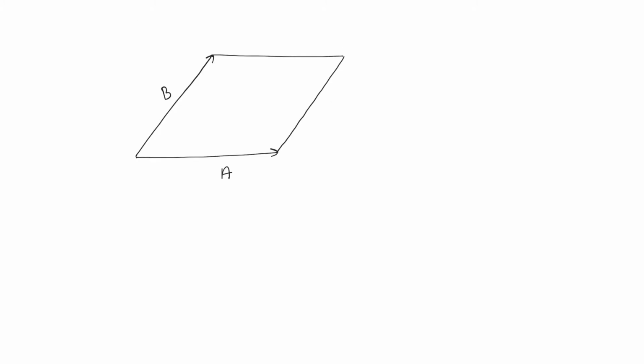Consider a situation in which we are constructing a parallelogram with sides A vector and B vector, and our aim is to find out the area of this parallelogram. You might know the equation for the area of a parallelogram, that is equal to base into height. So we can write area equals base b into height h. Over here we can observe that if the angle between A vector and B vector is theta, then this one is representing the value of height h.